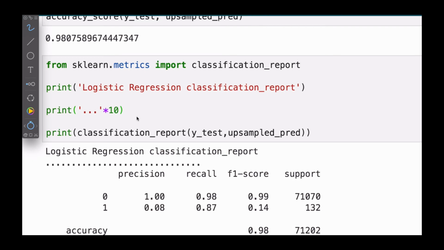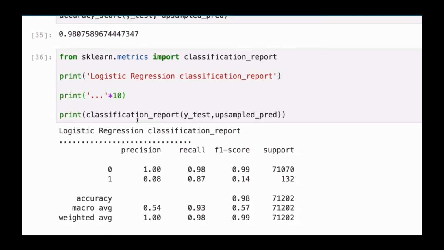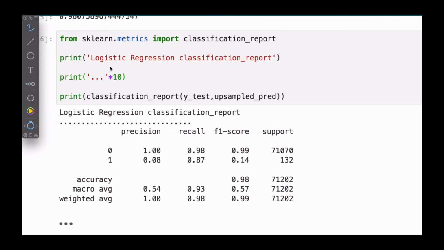Now over here we're just printing the title, Logistic Regression Classification Report. This is just a line that I created to separate the title from this. I just created 1 2 3, and then I duplicated it 10 times to get this line. Then after that I have the classification report, and I use that function on y_test